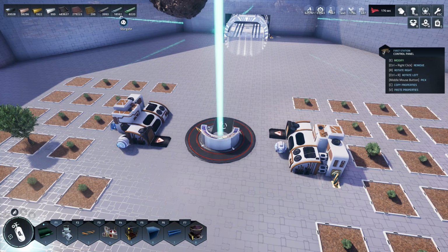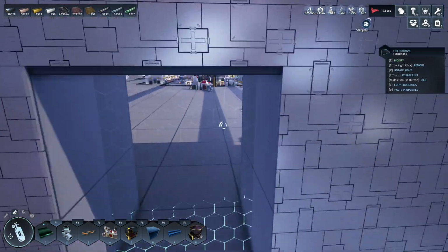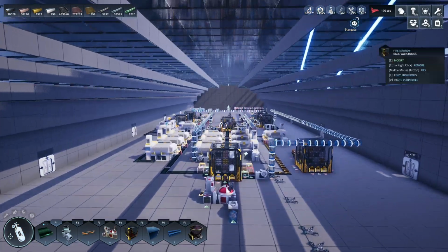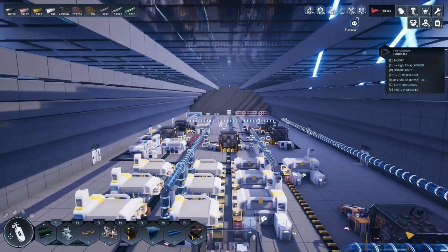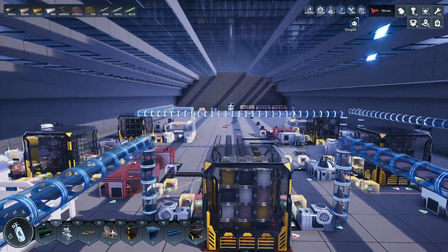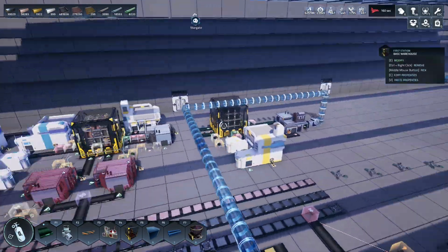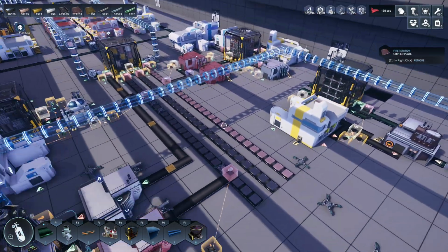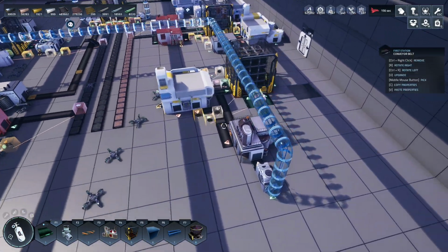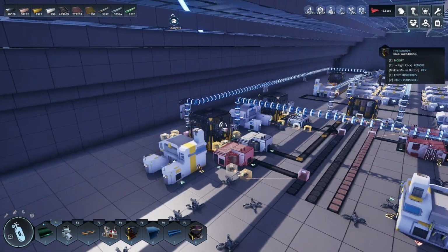Anyway, this is kind of a moot point anyway, because this base does not work. I'm trying to cram everything I can into here, and I mean, I can cram stuff into here, I can get things working, I can do things, we've still got space to expand at the end, but it's not big enough. The throughput isn't fast enough for things. We're waiting for ages for anything to get built, for graphene and things like that. So